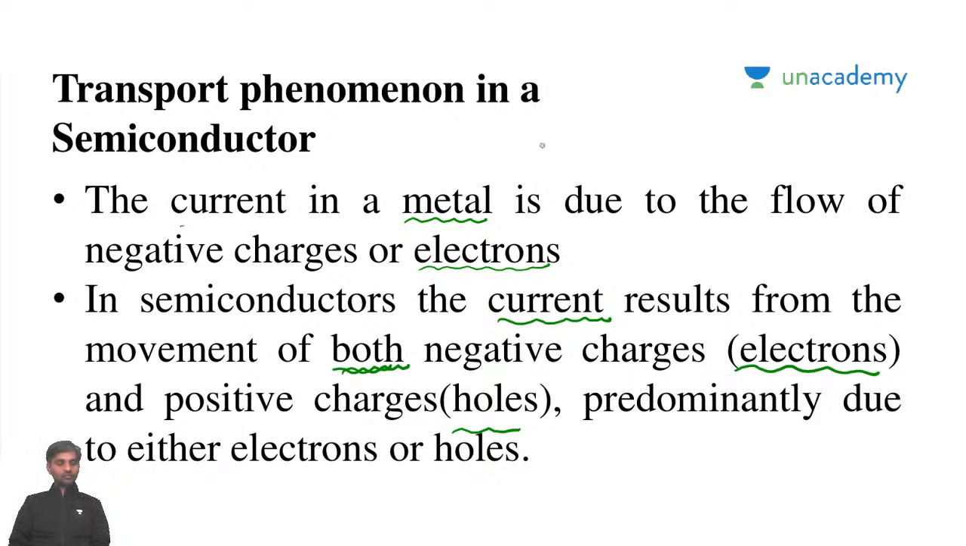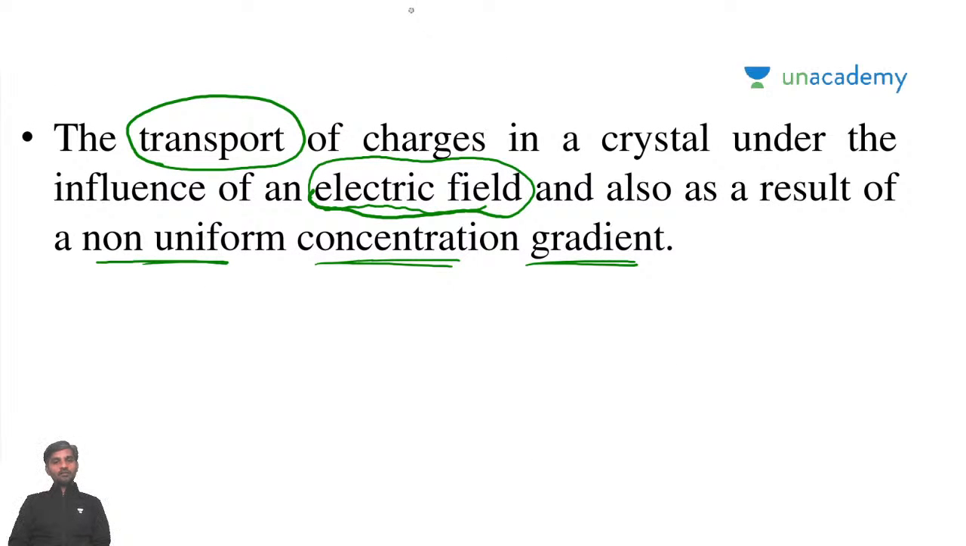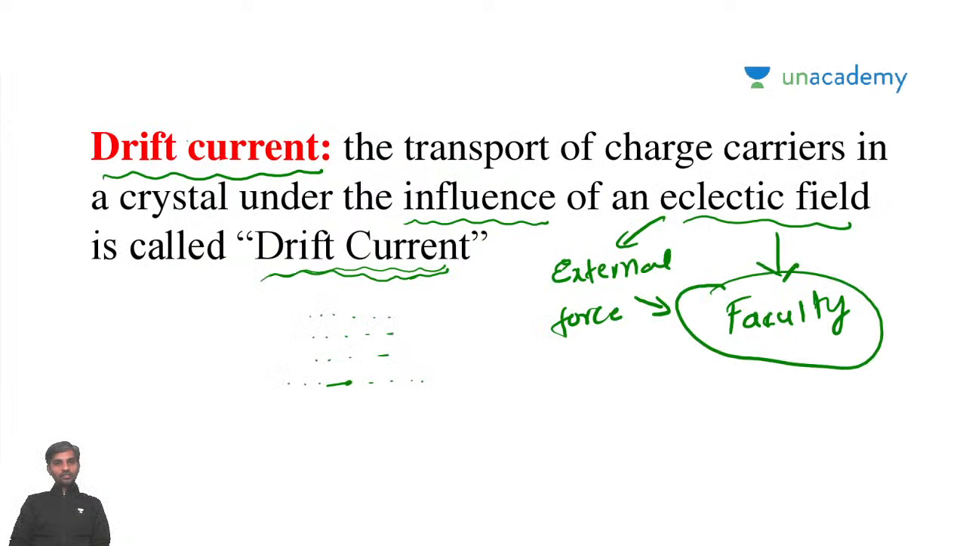Both electrons and holes. Okay. And we have two types of transport of charges. One is because of the electric field, the other one is because of the concentration gradient. As I told you in the example, the drift current is nothing but, whenever you stand outside the classroom and the faculty comes to your class,